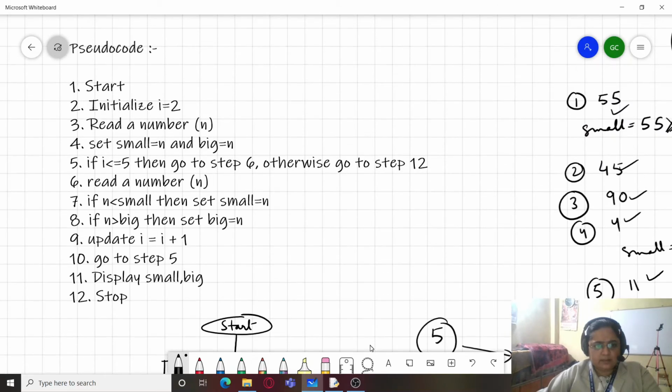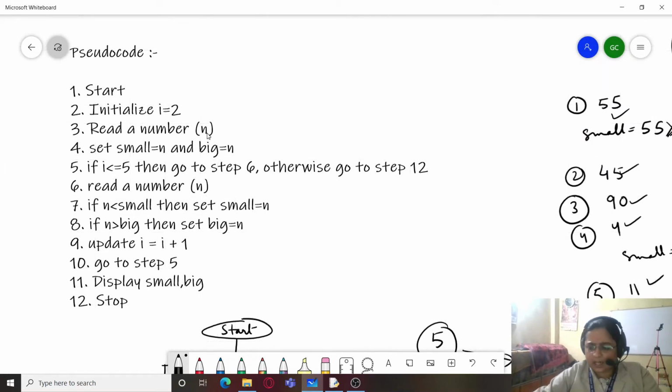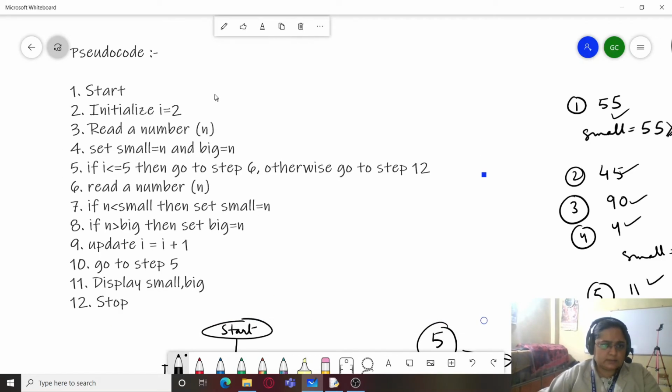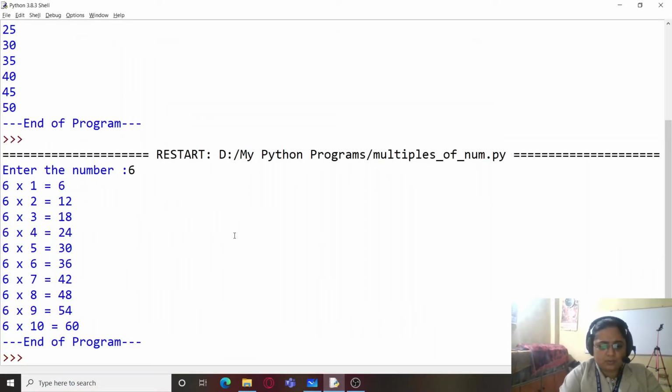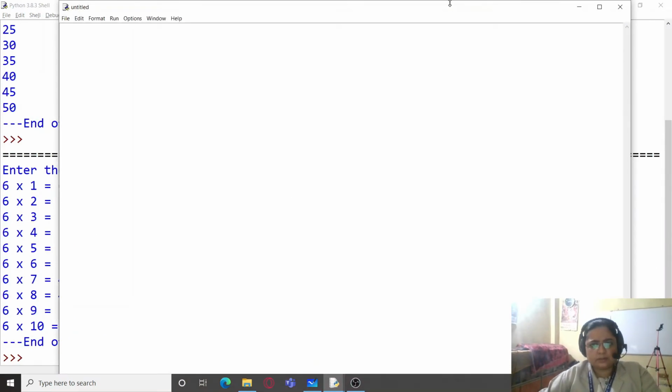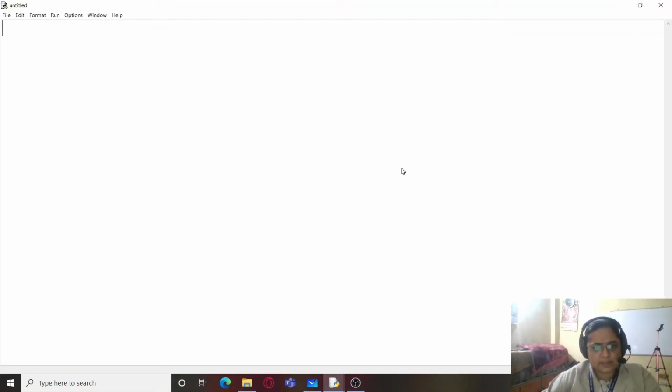So we will take this pseudocode over here, and I'm just going to copy this pseudocode, and I will be using this as a comment. I'm going to open a new program here. Control S for save.